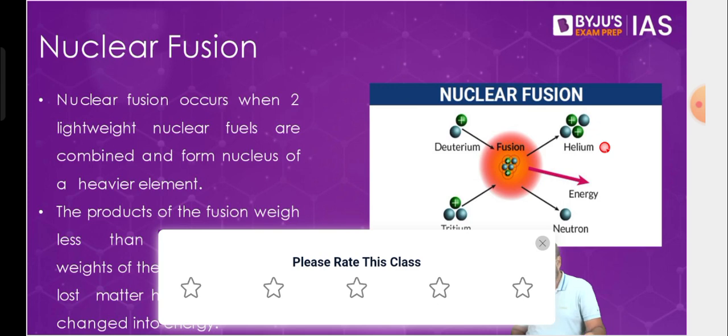Next is nuclear fusion, but let's stop the class here. We'll discuss nuclear fusion and the other things in our next class. This part, the last 1 hour, what we have discussed can be a bit complex. So please go back and revise it again, and if you have any doubts, please bring them back. Meanwhile, if you have any questions, please let me know. Let's discuss that, and then we shall end the class for today.